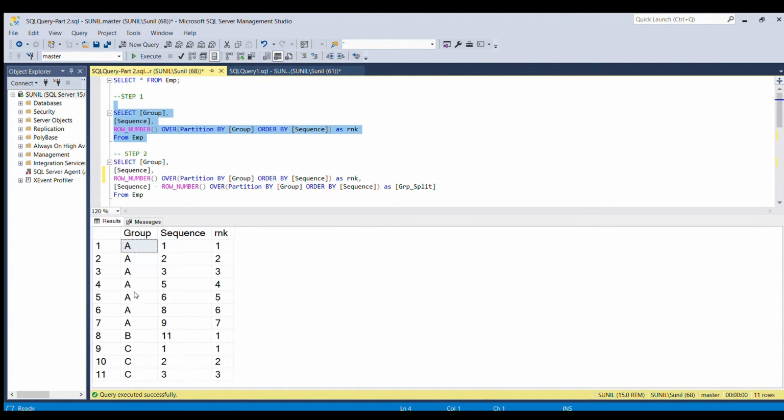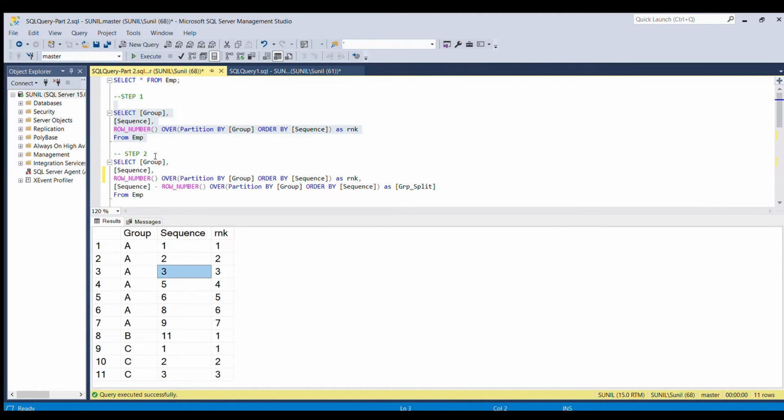Now we have to group in such a way that the first, second and third sequence values fall into one group. So how can this be achieved? This can be achieved by doing a minus operation between the sequence field and the rank field.